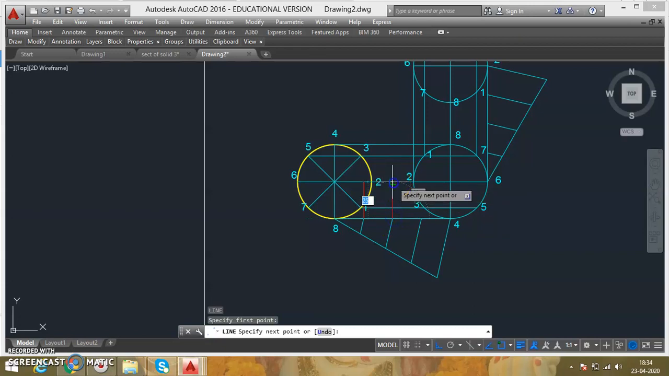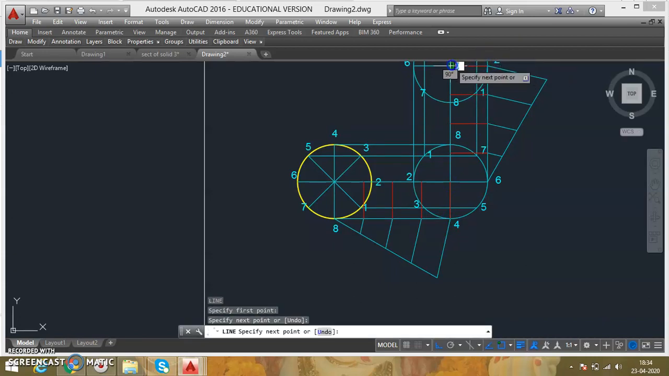Then from here, I'll mark this. Then this, the fourth point is already here. Then next, from here, I'll mark this. Then from here, I'll just mark this. Then from here, I'll just mark this. And finally, I'll just mark this line